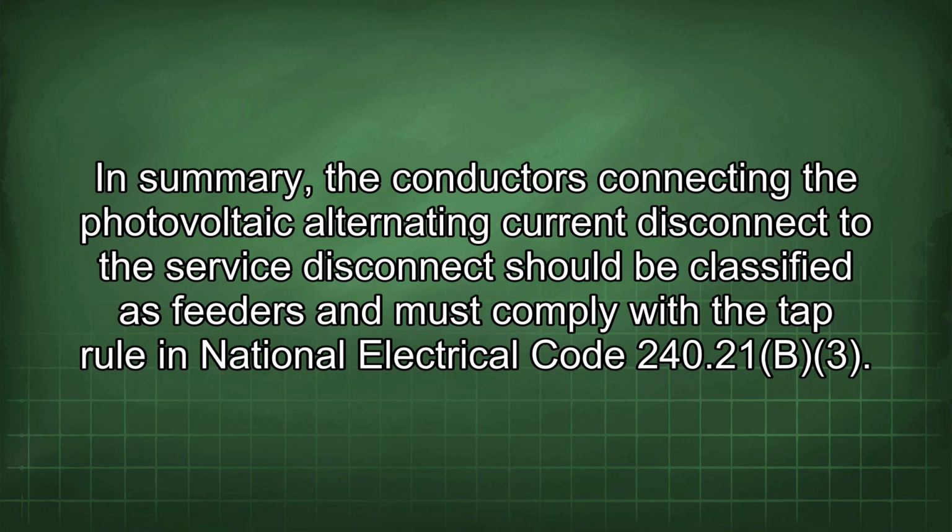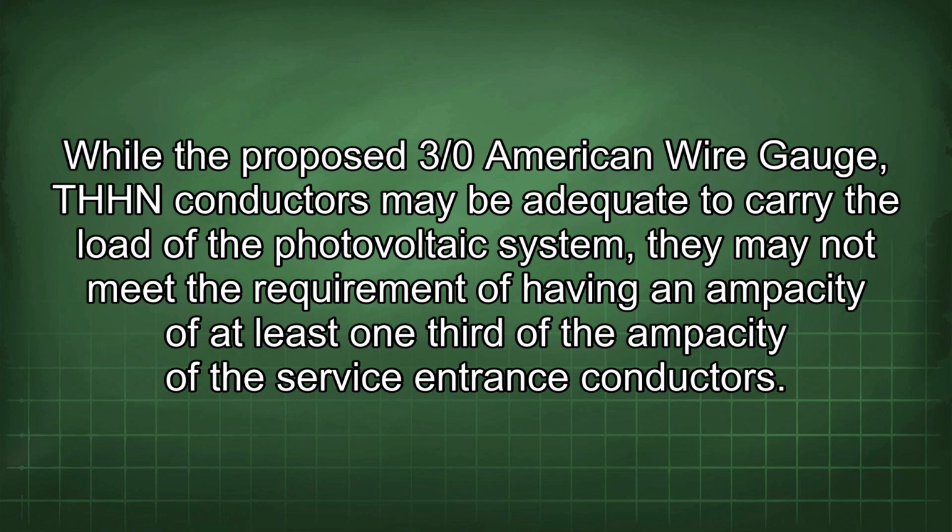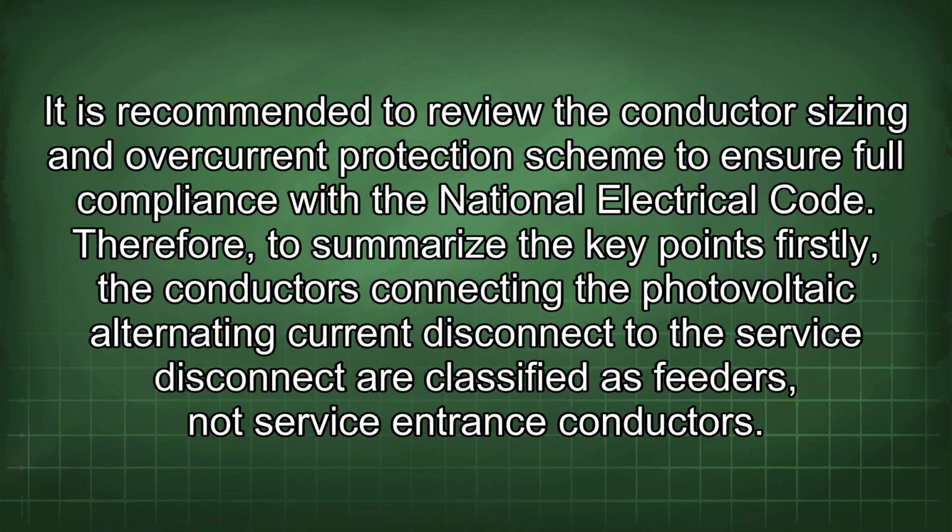must comply with the tap rule in National Electrical Code 240.21(B)(3). While the proposed 3/0 American wire gauge THHN conductors may be adequate to carry the load of the photovoltaic system, they may not meet the requirement of having an ampacity of at least 1/3 of the ampacity of the service entrance conductors. It is recommended to review the conductor sizing and overcurrent protection scheme to ensure full compliance with